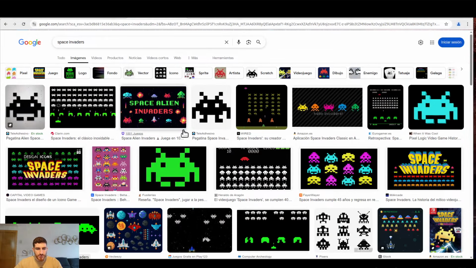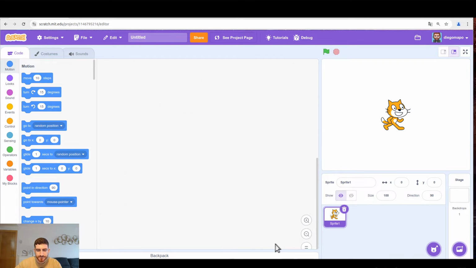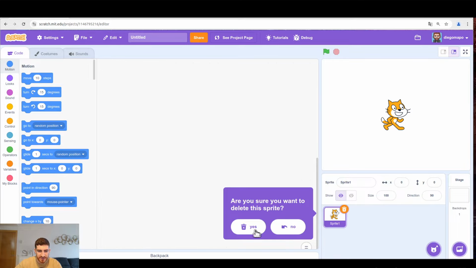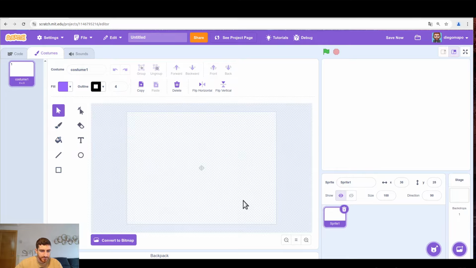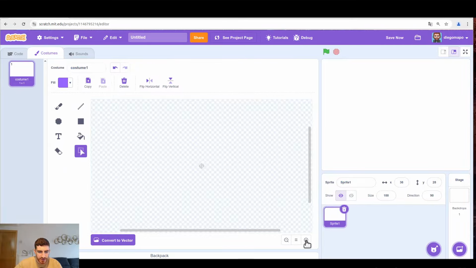To begin with, as we usually do, we're gonna create the sprites. This is going to be the alien, and the spaceship will be this one. Very simple. So let's go to Scratch. Let's delete the cat, and we're going to add an object. I'm going to use the technique I explained in my pixel art tutorial, which is convert to bitmap, zoom in